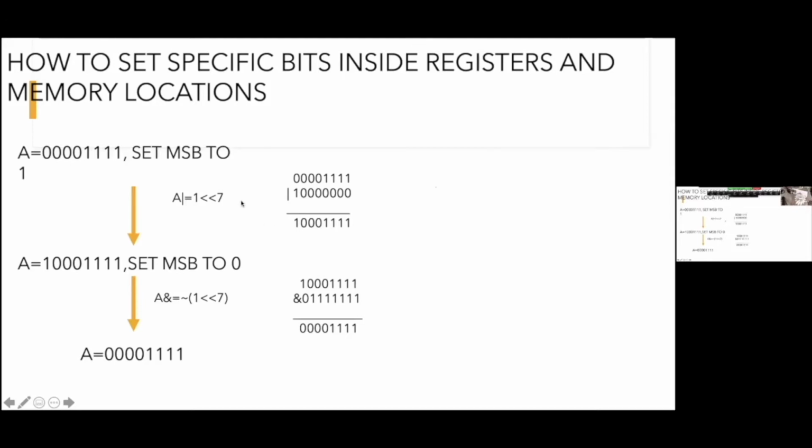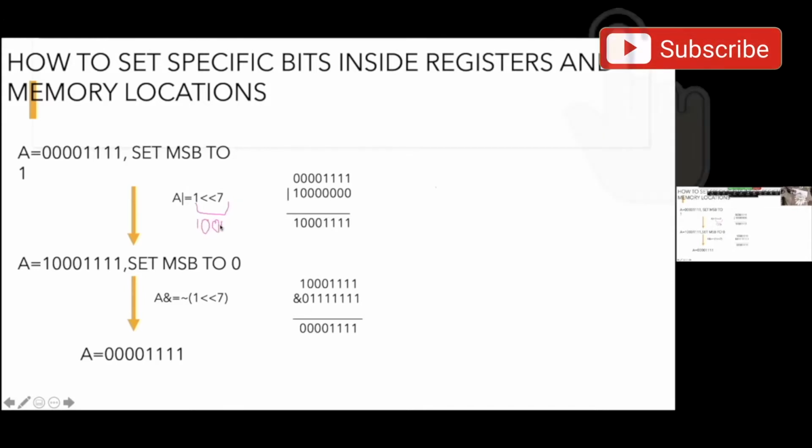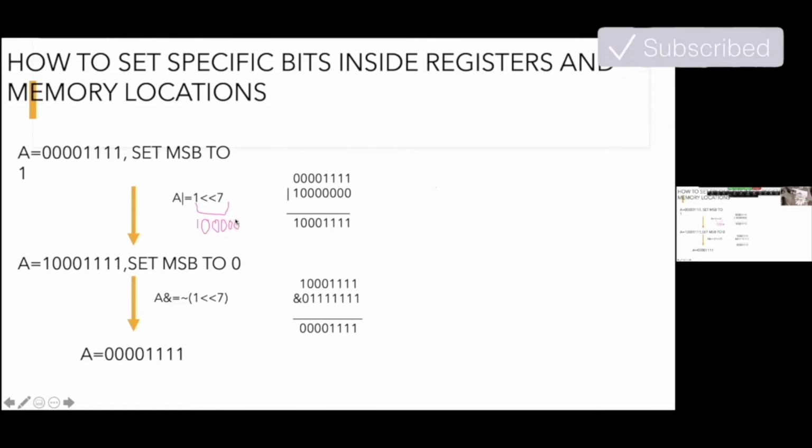The value of 1 left shift 7 will be 1 shifted by 7, so 10000000: 1, 2, 3, 4, 5, 6, 7 zeros and a 1, right?